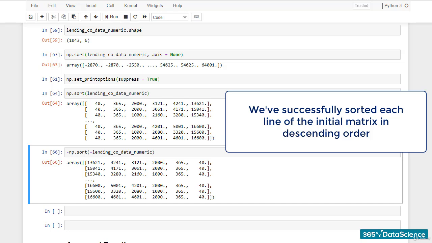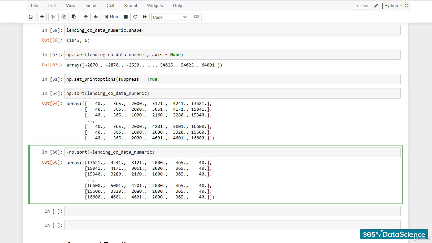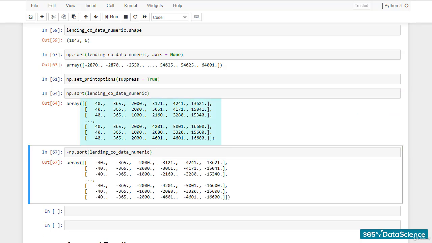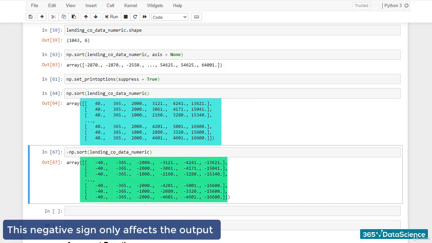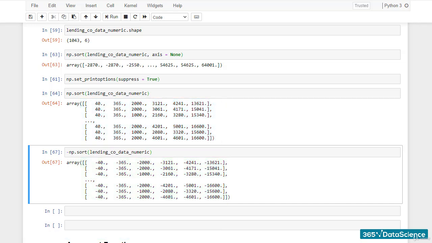If we want to be certain what the second minus sign we added does, simply delete the minus before the input array and rerun the cell. We see a version of the default sort output, where all the numbers have their signs flipped. Therefore, this negative sign only affects the output. After confirming our suspicion, we can add the minus sign back to finish with the values sorted in descending order